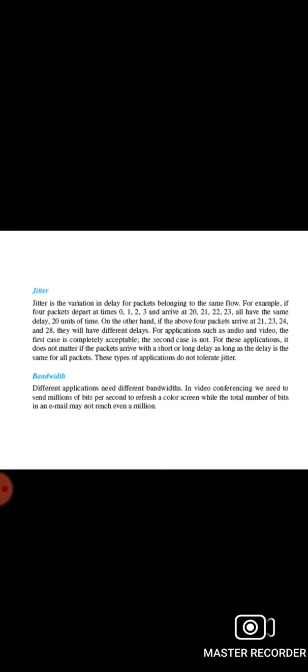Higher priority means a higher weight. The system processes packets in each queue in a round-robin fashion, with the number of packets selected from each queue based on the corresponding weight. For example, if the weights are 3, 2 and 1, 3 packets are processed from the first queue, 2 from the second queue and 1 from the third queue. If the system doesn't impose priority on the classes, all weights are equal. So in this way, we have fair queuing with priority.